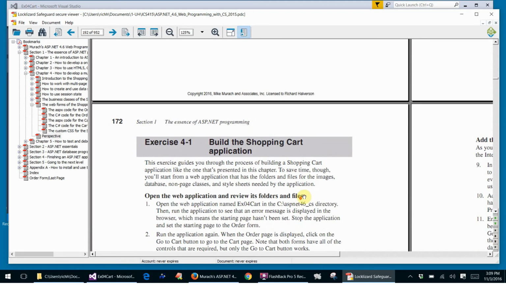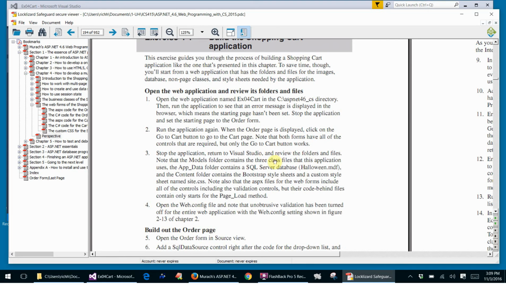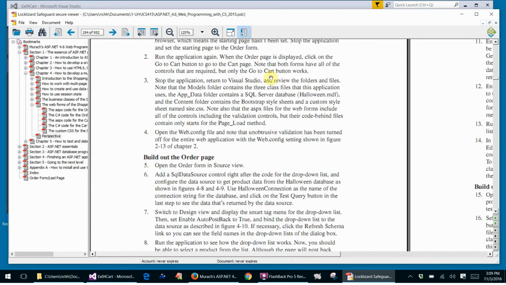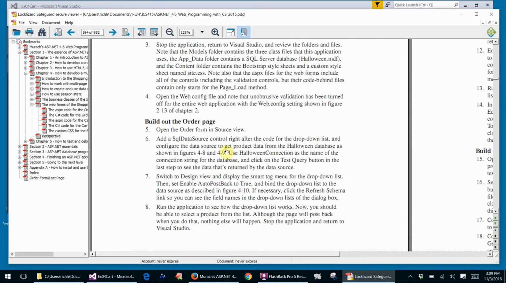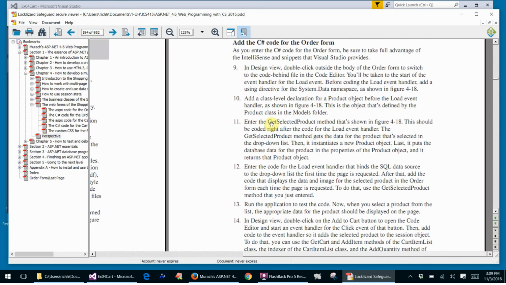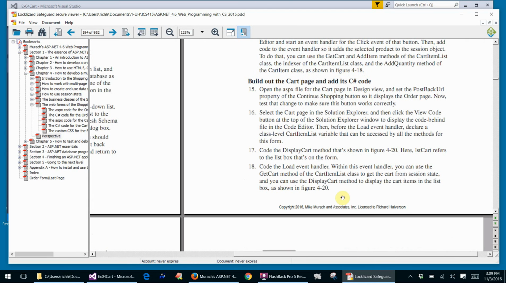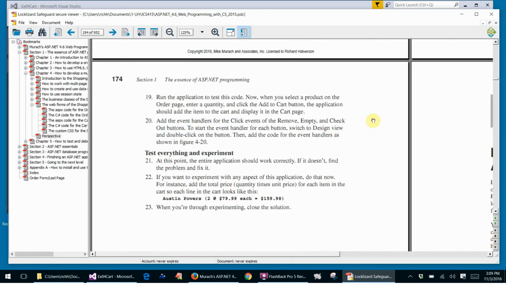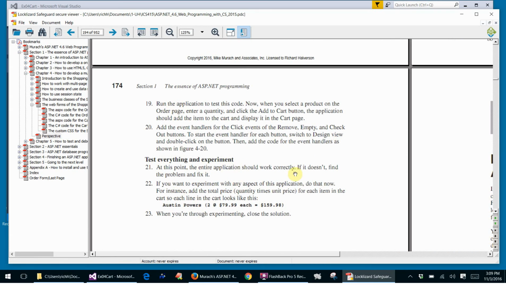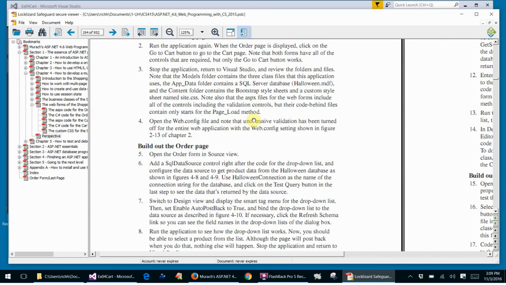Let's just go through this step by step. We're going to look at all the files, see what we got to start with. Then we're going to build out the order page. That's the first page that we see, and that takes us to here. We're going to throw in some code, and then we're going to build out the cart page and just add code, and it ends here. And so we start out with